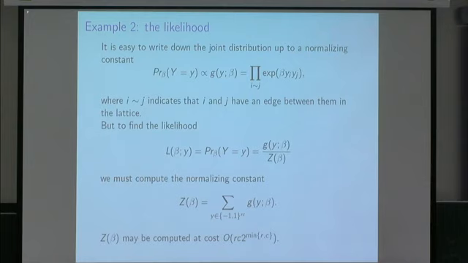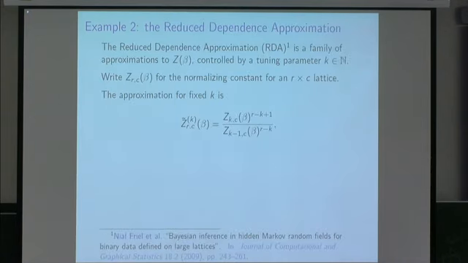So as before, what you might do instead is say, let's find some numerical approximation to that normalizing constant and plug it in to the g over z to get an approximation to the likelihood. There are lots of ways of approximating normalizing constants like that, so I just wanted to talk about one particular family. Rather than being a single approximation to the normalizing constant, it's a whole family of approximations. And it's controlled by a tuning parameter, a positive integer tuning parameter, which I've called k. The idea of that k is to say, as k gets larger, the quality of the approximation will increase, but the cost of finding that approximation will increase too.